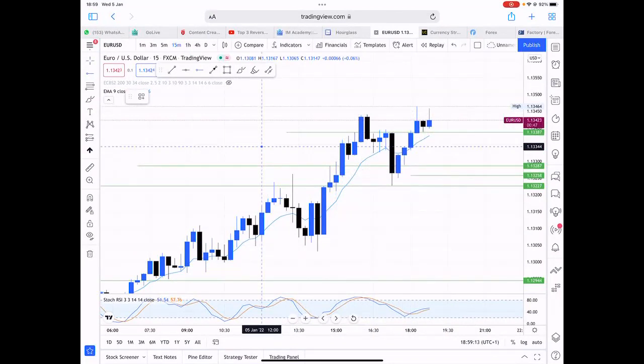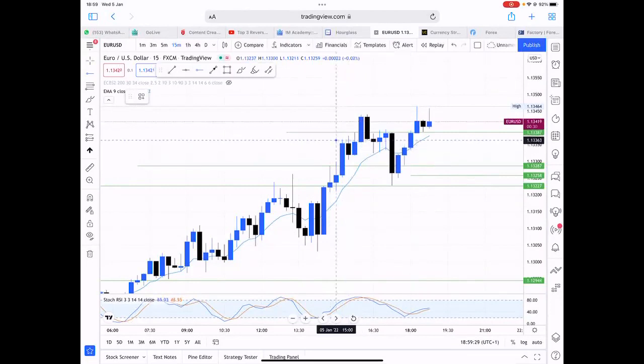So on the 15 minutes, we just continue looking for potential areas. In 15 minutes, I like this area. You can either pick the body or the wick. I'm looking at this blue and black candle here because the market was going up and it reversed. So you can either pick the wick or the body. Any of them works. I'll tell you the truth, any of them works well. But me, I'll just pick the wick.